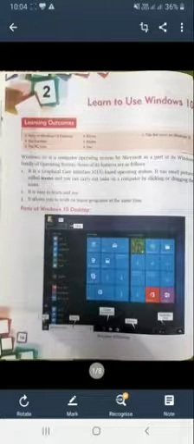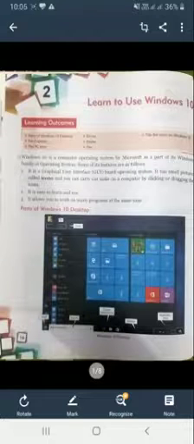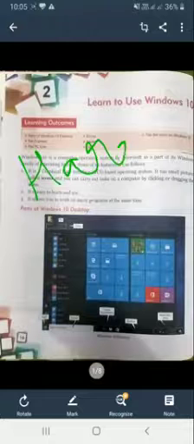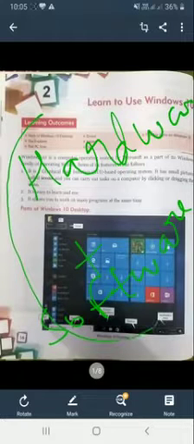Just like, as you see, there are two types: first is hardware and another is software. These are the two main components of a computer. With the help of both, the computer can run.